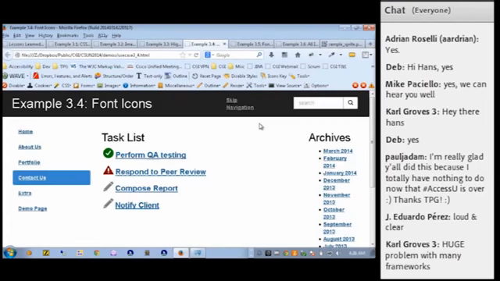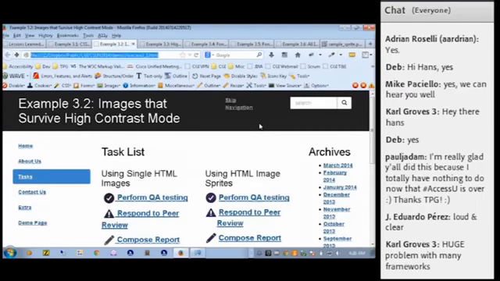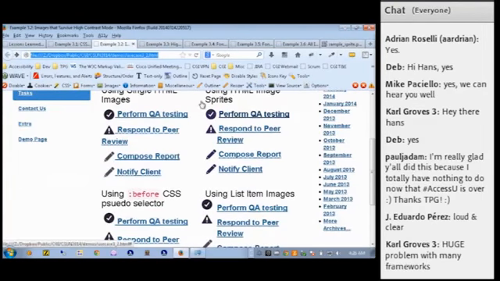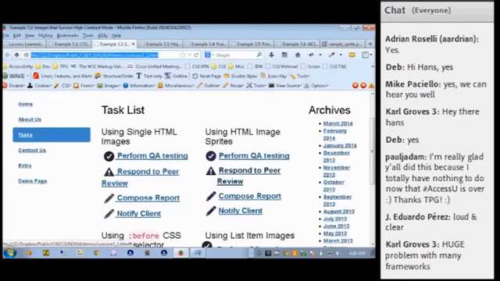And the last technique that we tried out was to use list bullet images. So we have a regular icon, but we use those list bullets basically. So as you can see, they all work. They all get around my images are disappearing in high contrast mode problem, but they may not be fully visible depending on what high contrast mode theme you're using.